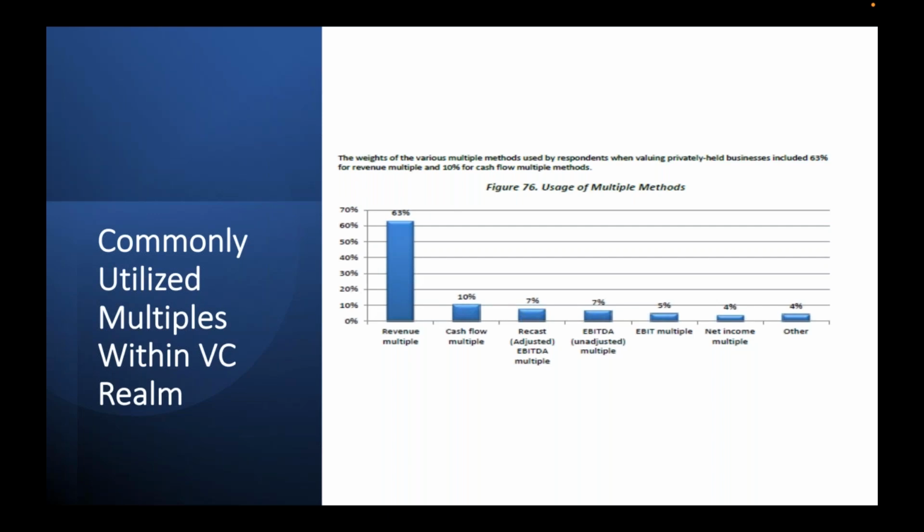And when venture capitalists are using multiples, 63% of the time they're using a revenue multiple. So again, same notion. Even venture capital firms, when they get involved, there may not be substantial earnings or EBITDA. And as a result, they are almost forced to rely on using revenue multiples. And then various cash flow earnings multiples are used as well, but to a far lesser extent. And then the next slide